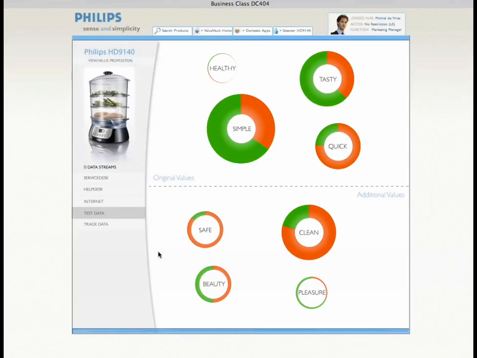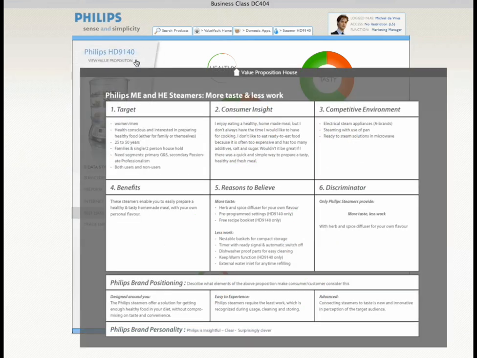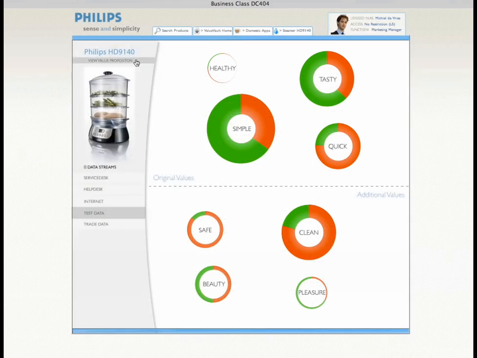At this level, everything about the consumer's experiences with the product can be found. Each product has its own value proposition, the Value Proposition House. The VPH can be viewed to get an idea of what the product is designed to do and which values are targeted. Data about the consumer's experiences is gathered through the different channels, the Internet Service Centers, help desks, and